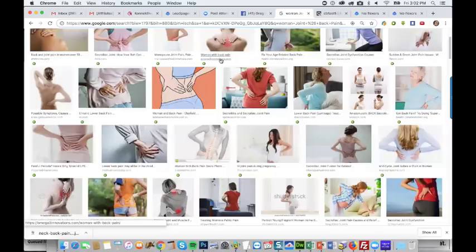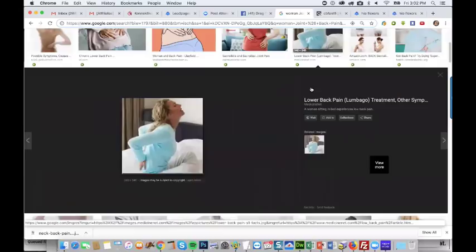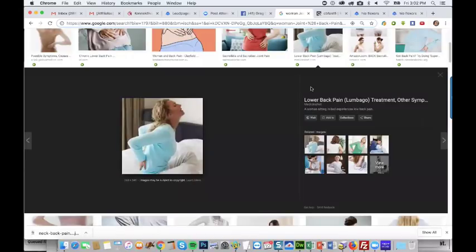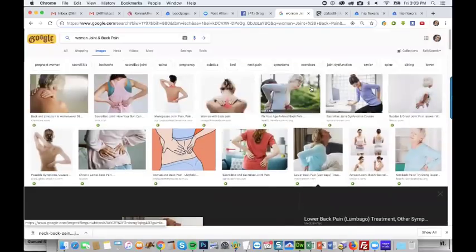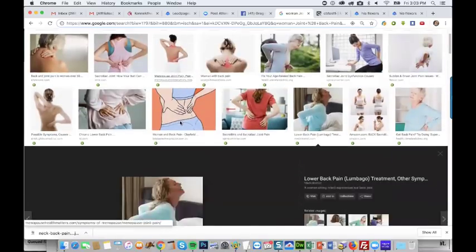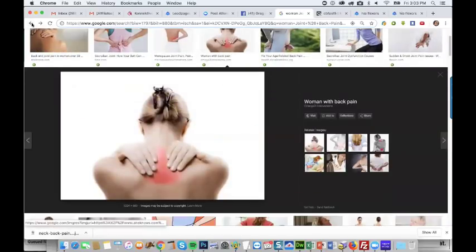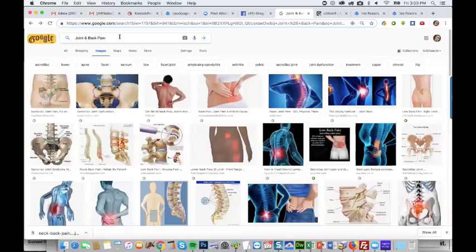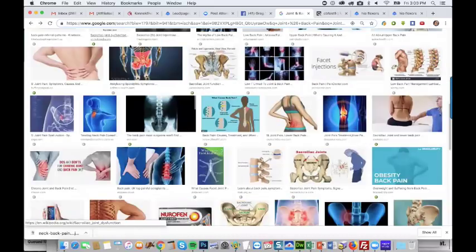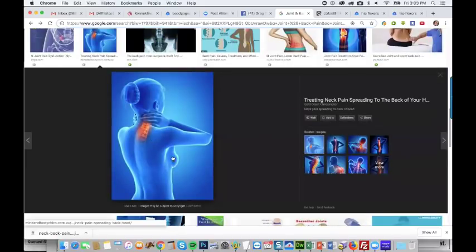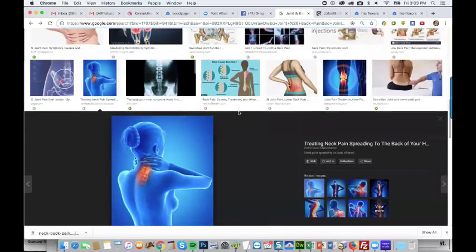So how about this? Not liking these. Let's go back to the other ones. See, I saw one down here, but you can't do the breast. That's not going to work. It's the only thing about the women. And this one.